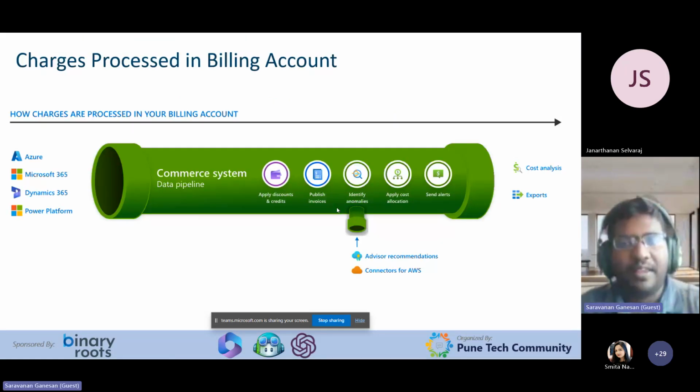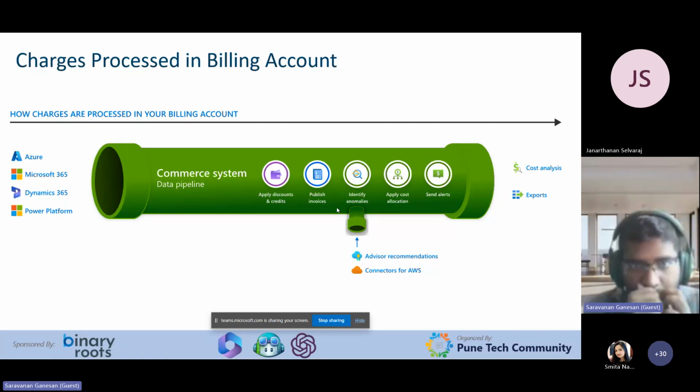And then you can ask me how these charges are processed for the billing account. Okay, consider this entire pipeline. In this pipeline, if you see how the charges from my Azure, Microsoft 365, and Dynamics 365 cloud platform, the services which are present in this